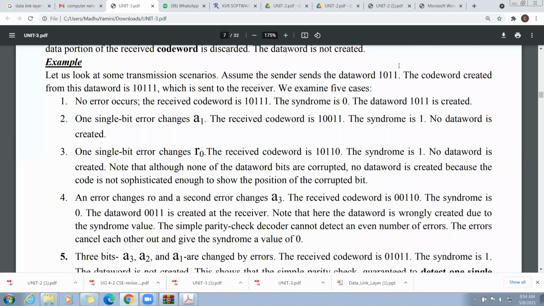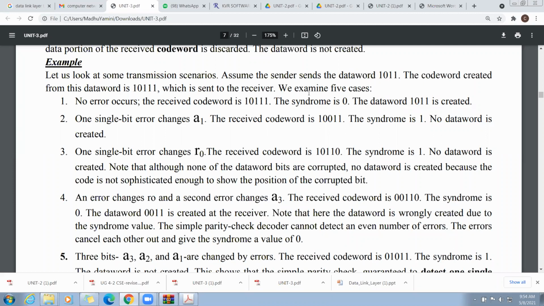We need to calculate the number of ones, whether it is even or odd. We have three 1 bits, so to make the number of ones even, we need to add one more 1 bit. So the code word is 10111, which is sent to the receiver.